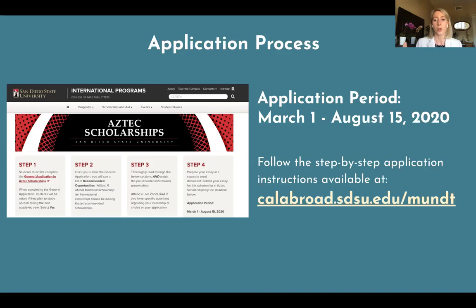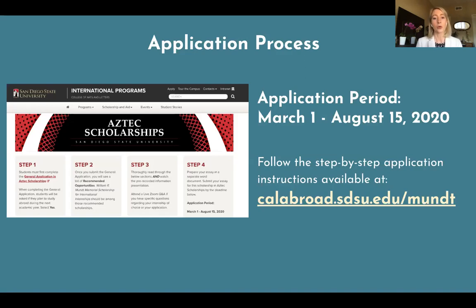You'll see the deadline is definitely August 15th, and you'll need to apply by that date. But you're not quite ready to just send off an application. There are a lot of steps that have to be done in the meantime. So step one, just do the general application so that you will be pre-matched, hopefully, with some scholarships, and then you can see the Mundt Scholarship for International Internships.